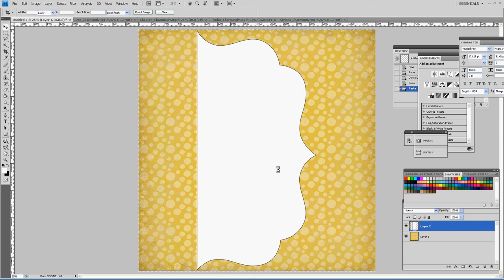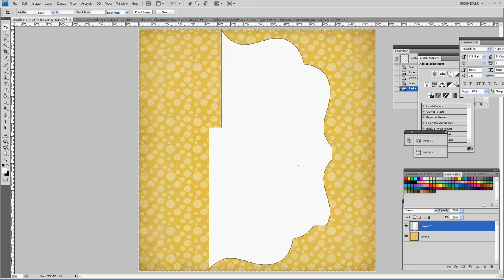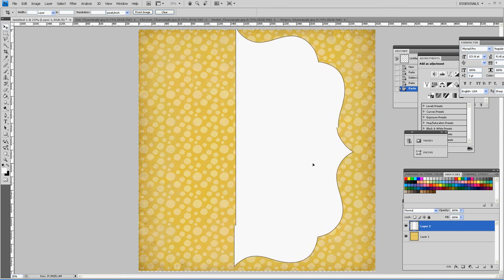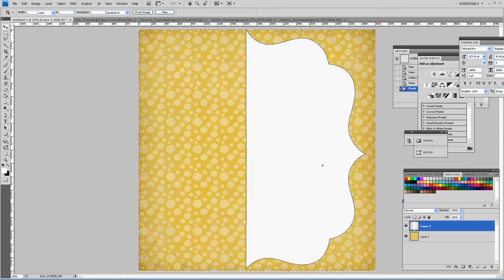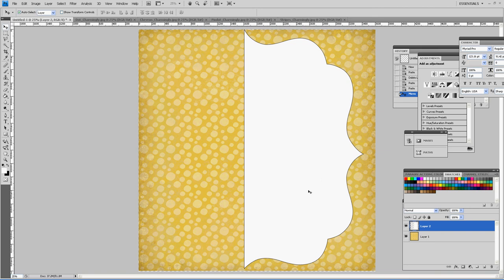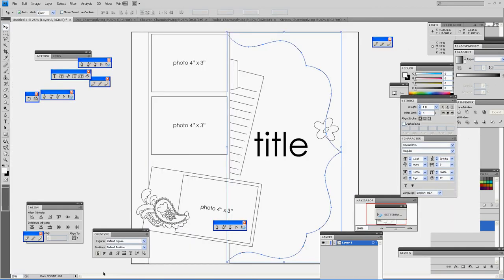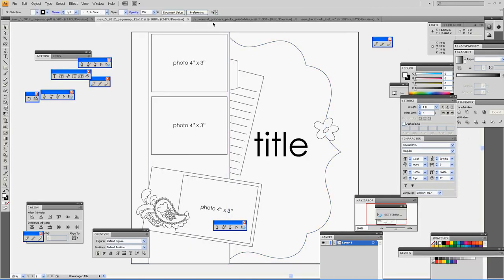I'm just going to move that over about where I think it's going to go. And now I'm going to go back to Illustrator and grab my next layer. This is actually going to be a graphic that I'm going to pull from Noteworthy. I'm not even going to bother to put that in Photoshop. So I'm going to go ahead and grab, well, that one's probably the next layer. So Control C